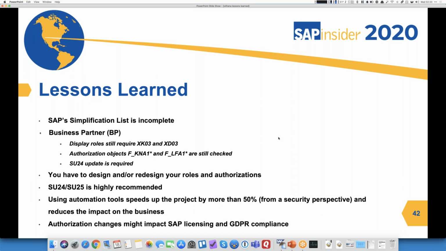One good example is, and I'm not sure if it's still true with 1909, this is from the previous version, but for BP, and especially for display access, you still needed to authorize the user for XK03 and XT03,